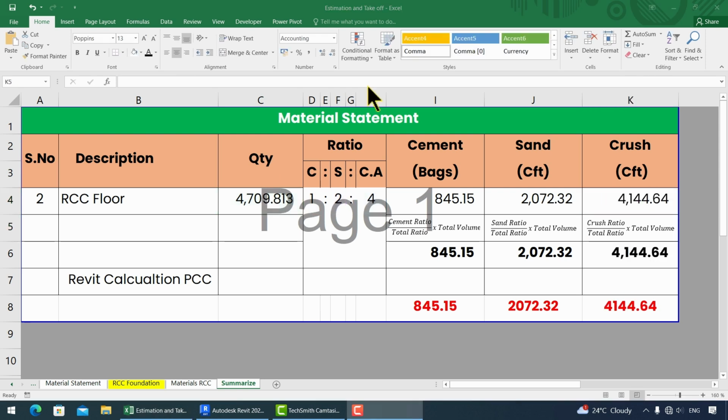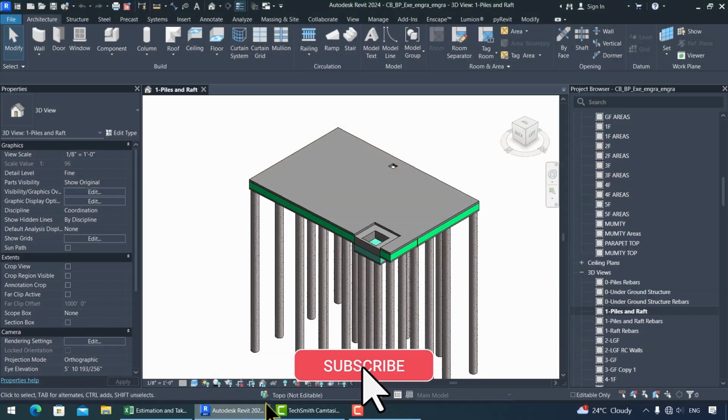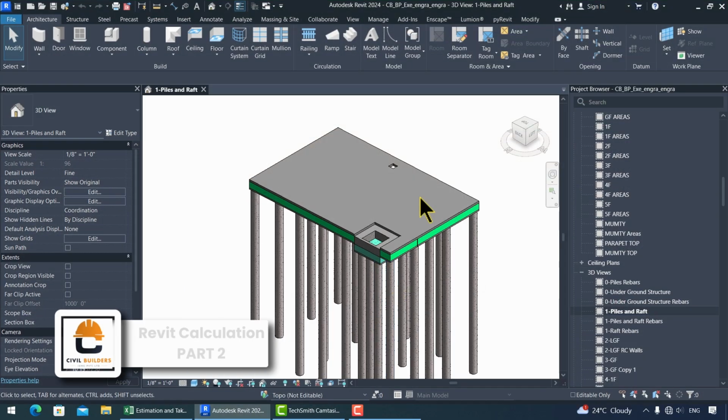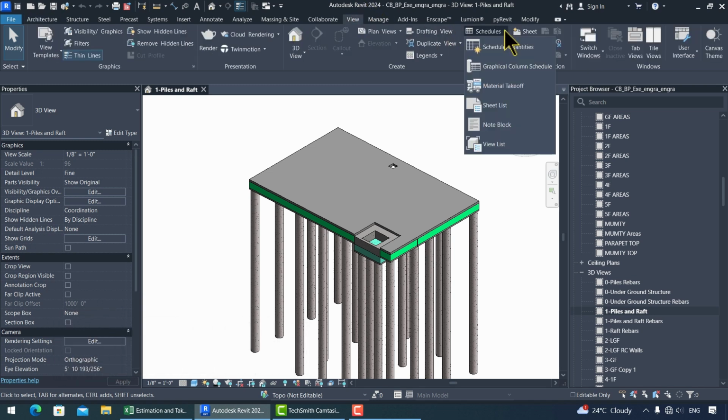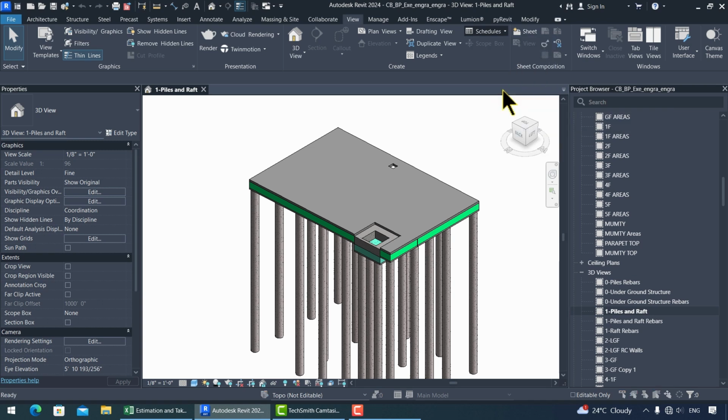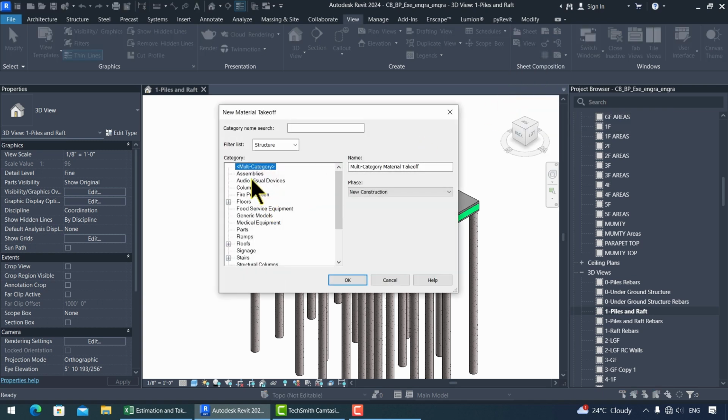Till now we have analyzed the drawings and then performed the calculations using the Excel workbook. Now let's head on to our next step where we perform the calculations using Revit. So without further ado, let's jump to the Revit screen. Navigate to the View tab, and from this Schedule drop-down, select the Material Takeoff, and from here select the floor category